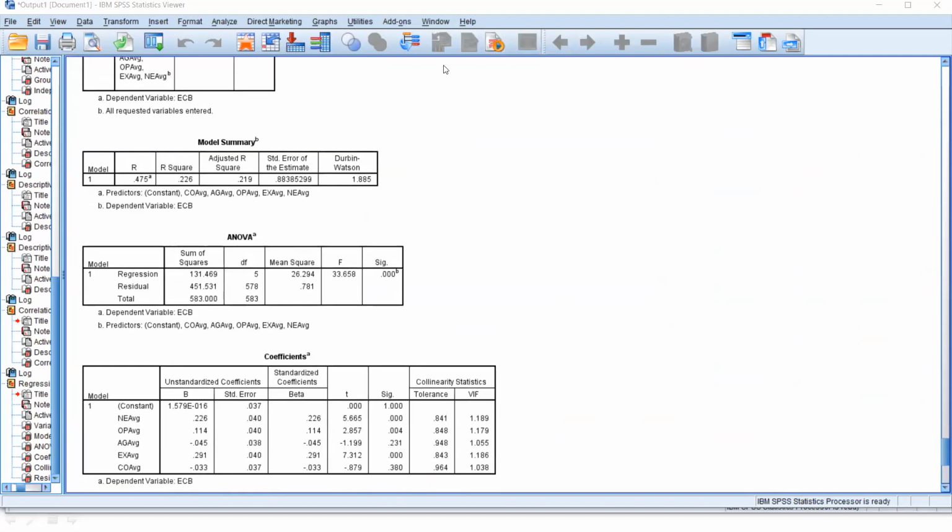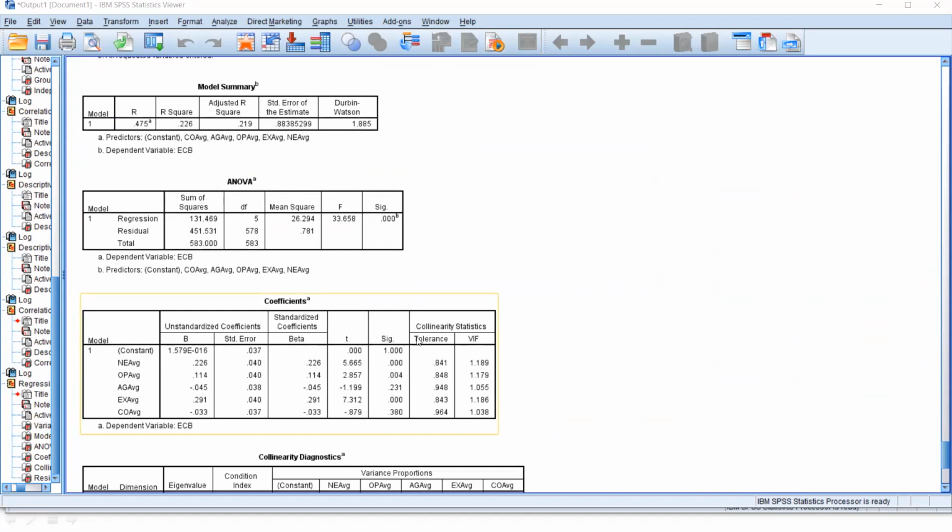Right, so go to your output window and now see what are the results. Even in your managerial economics subject, you might have learned about the regression analysis, the R-square value, its significant value, as well as some kind of individual coefficient values. Right, now let's see how we interpret the result.